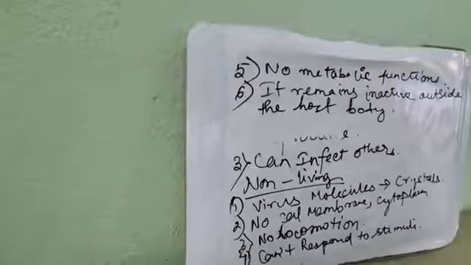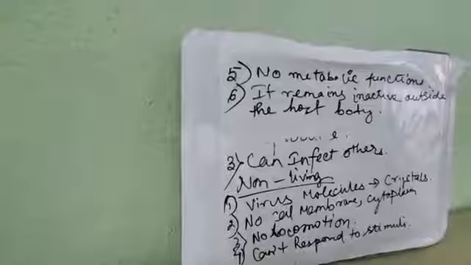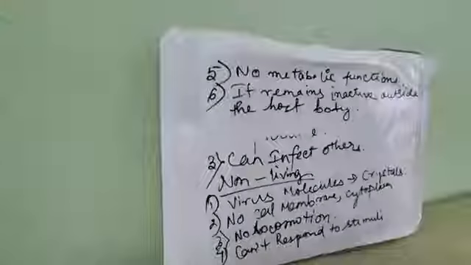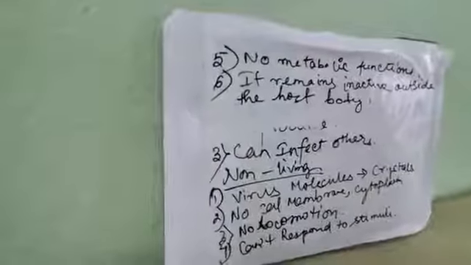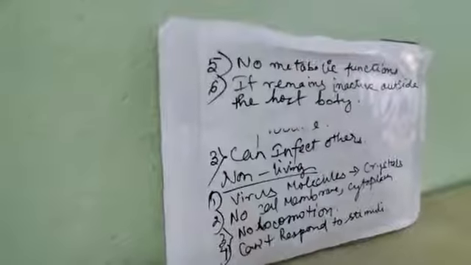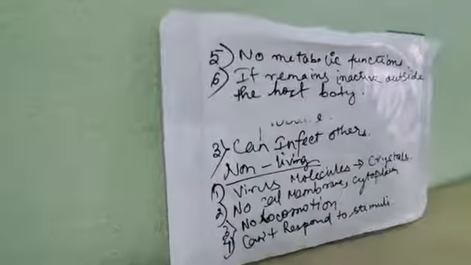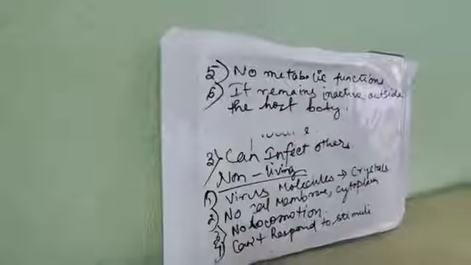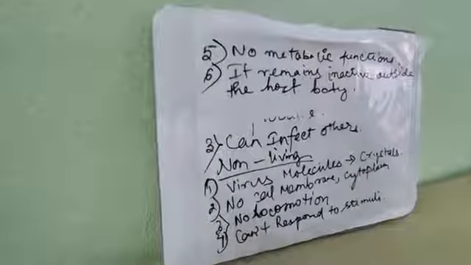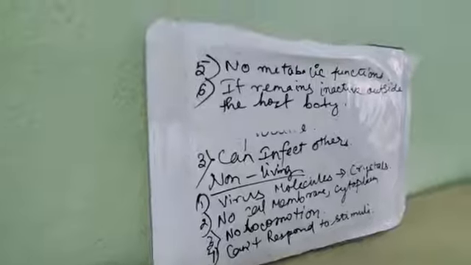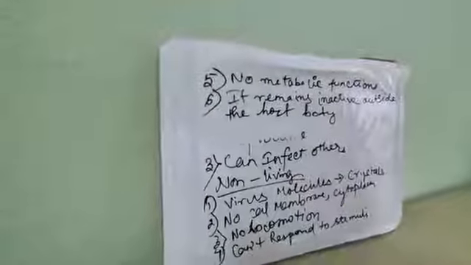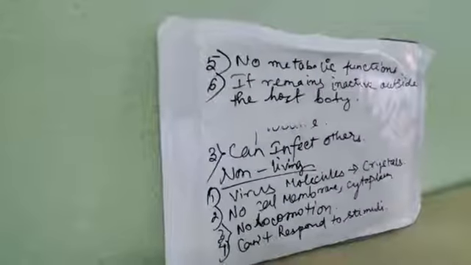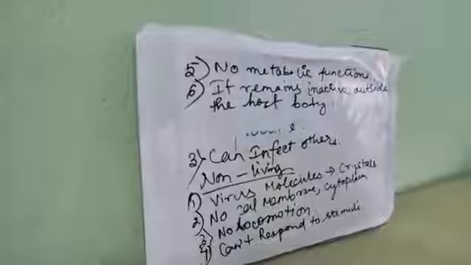In the extracellular phase, the virus completely behaves like inanimate objects and can be crystallized. And what is the intracellular phase? In this phase the virus behaves like an animate object, a living object within the host body, and with the help of enzymes of the host organism it can synthesize structural material and multiply. As it shows both phases, extracellular and intracellular, they are regarded as intermediate between the living and non-living.